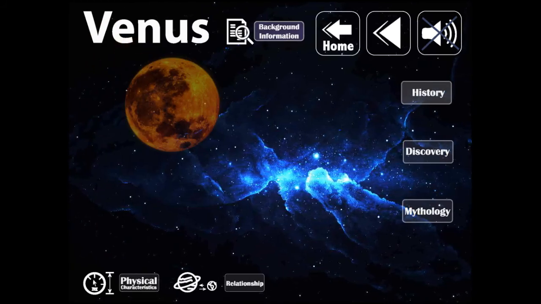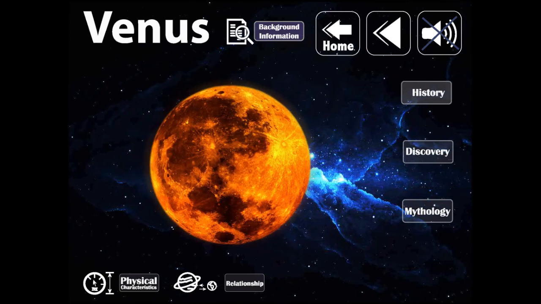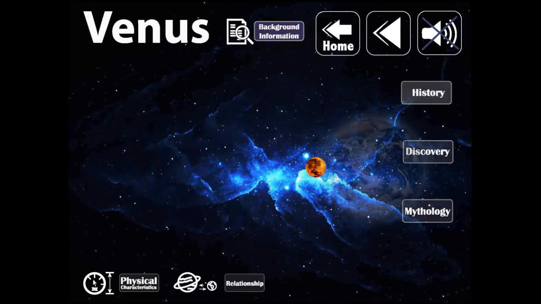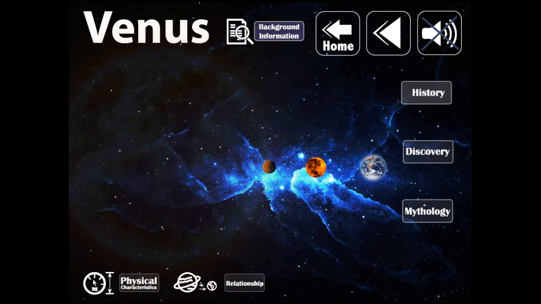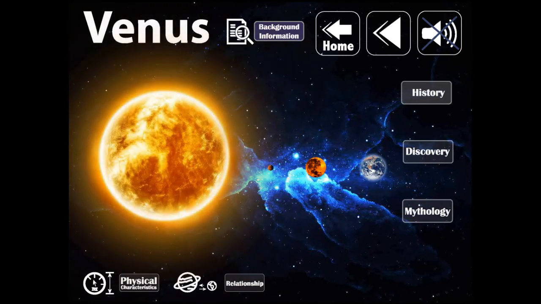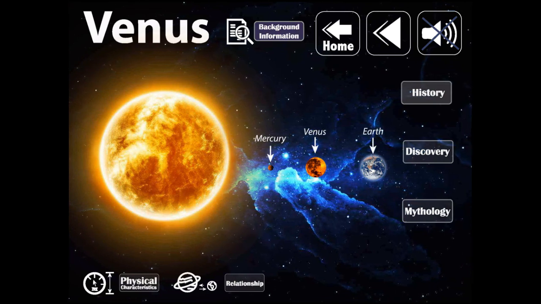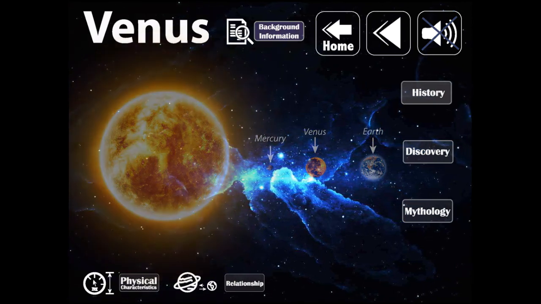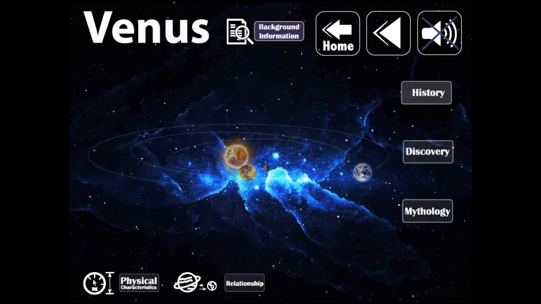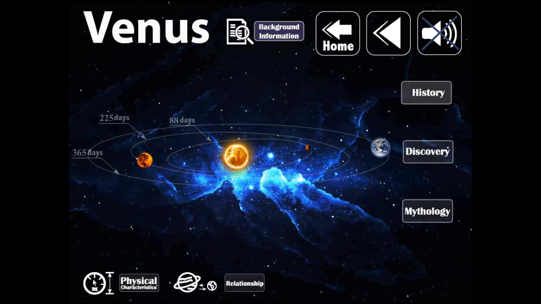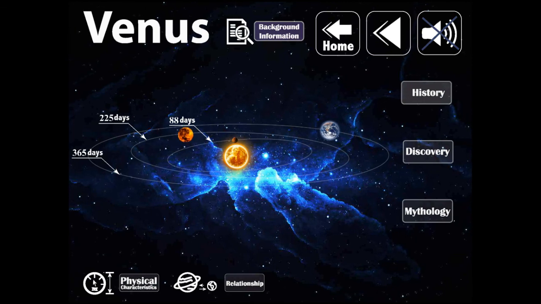Background information. Venus is the second planet from the sun, with an almost circular orbit in the inner circle. Venus has no natural satellites or moons. Venus is slightly smaller than the Earth, so it is sometimes called the Earth's sister or twin planet. Venus rotates